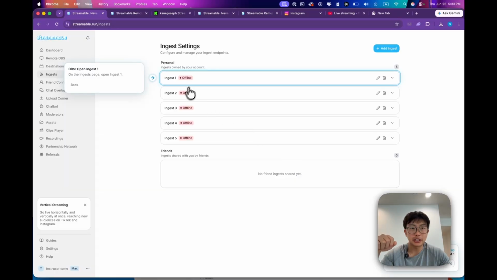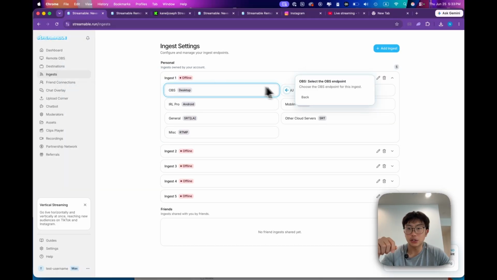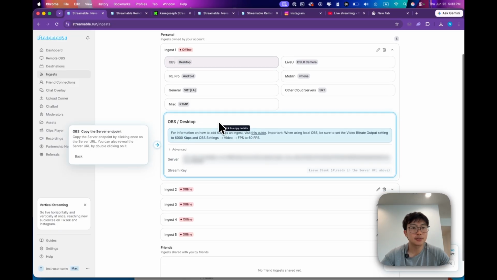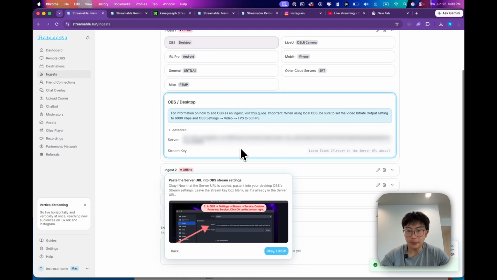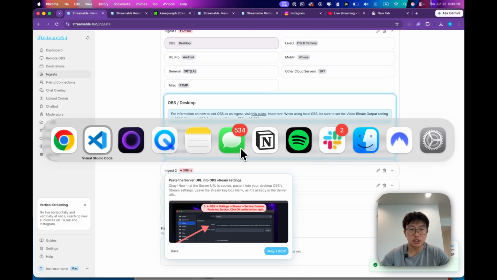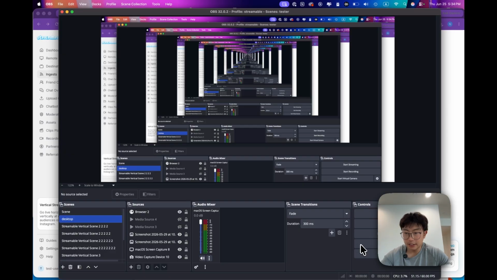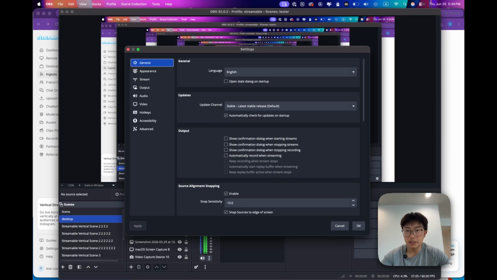So first we're gonna set up the OBS. And so we go into here, we select the OBS ingest and copy the server endpoint. So just click to copy. And what we want to do is go into OBS and just go ahead and put this into the settings